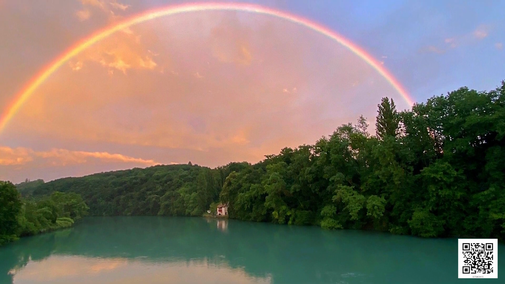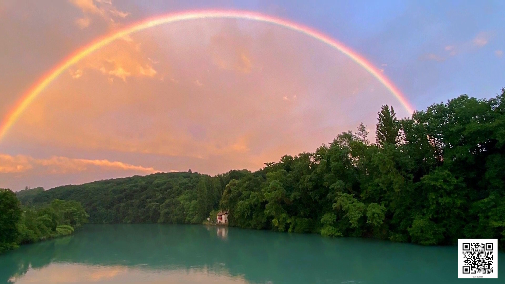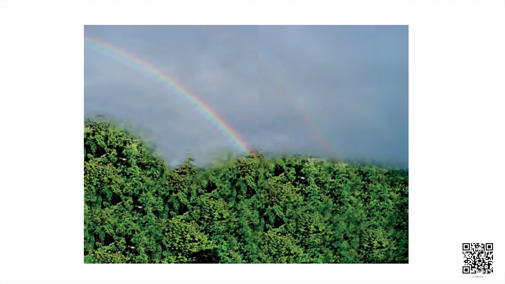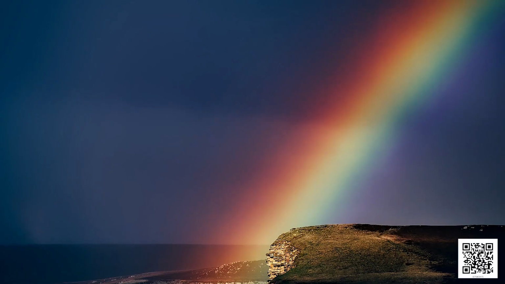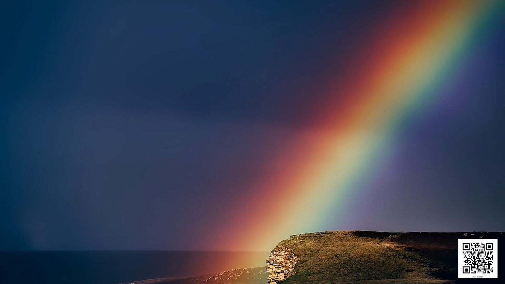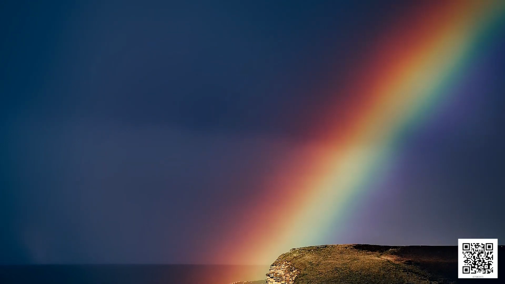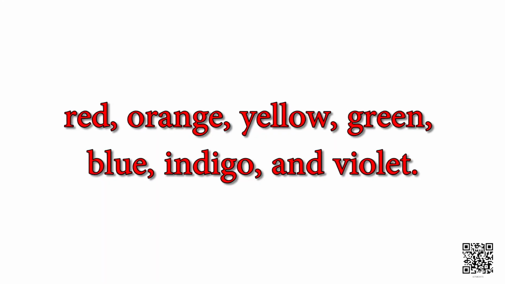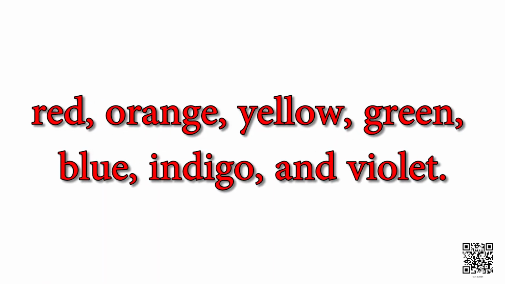Now, you might have noticed that it appears usually after the rain when the sun is low in the sky. So, students, the rainbow is seen as a large arc in the sky with many colors, as you can see in this image as well. Now, can you count how many colors are present in the rainbow? Try to observe carefully or try to recall. Well, to answer it, I will tell you that there are 7 colors in a rainbow. Though it may not be easy to distinguish all of them, these are red, orange, yellow, green, blue, indigo and